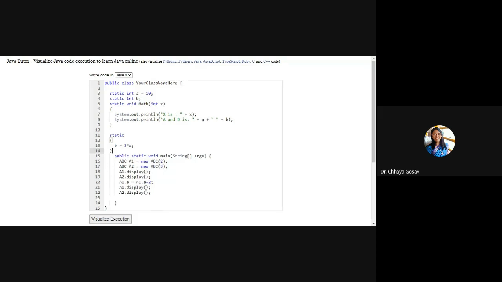Okay, a is 3, and it is a into 4 or 4 into a.